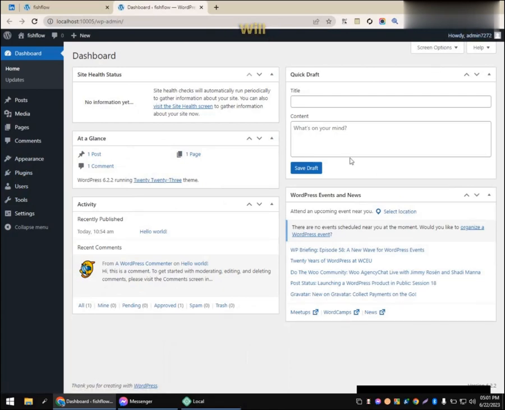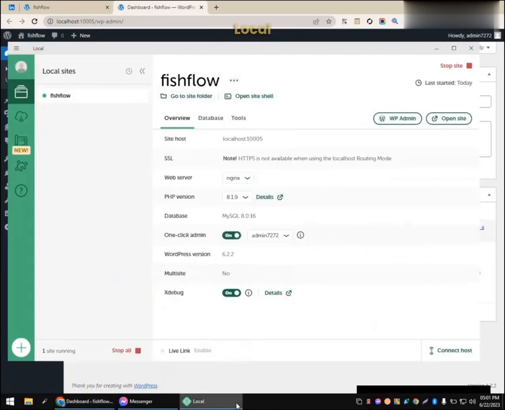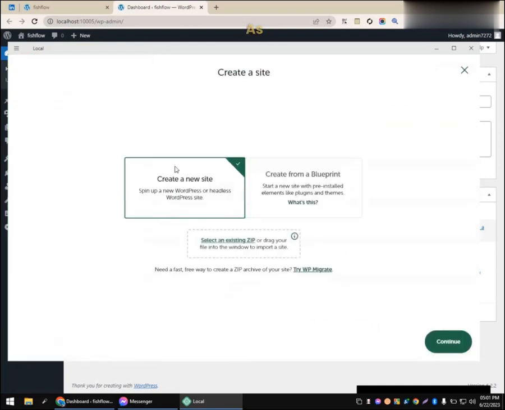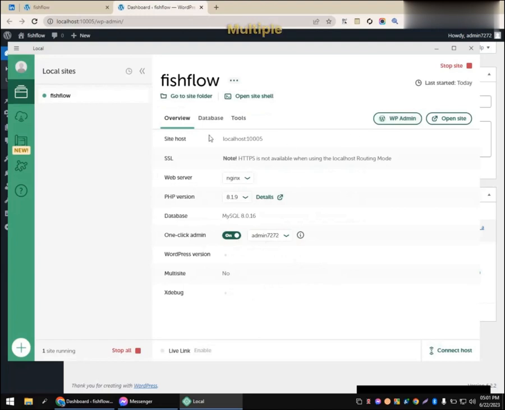Okay. Now I will show you some more options in Local WP. Sometimes we need to install multiple WordPress websites, so there is a cool option. As you can see, there is a plus icon. If I click on this one, there is an option to create or set up multiple WordPress websites at a single time. And if I click on this connect button,